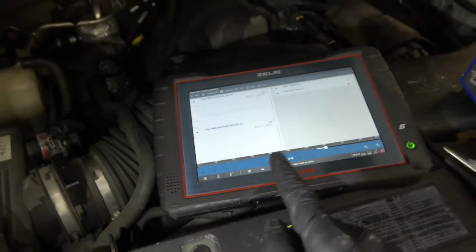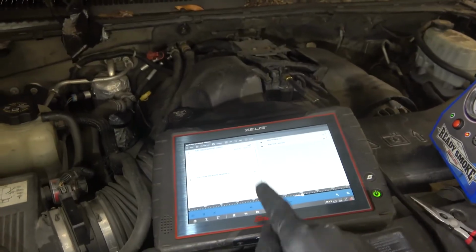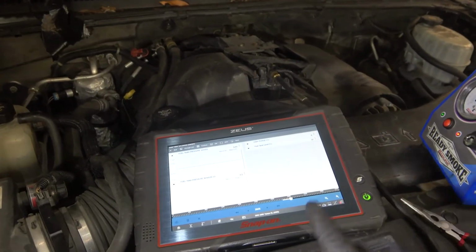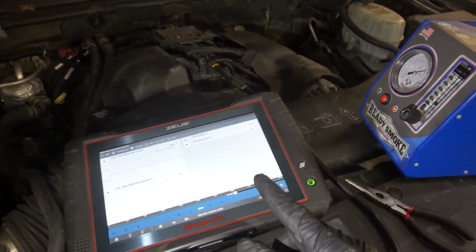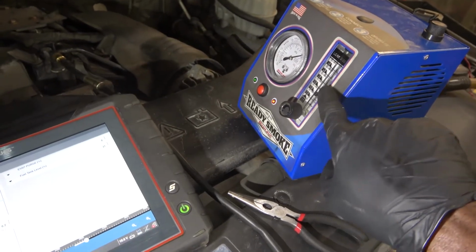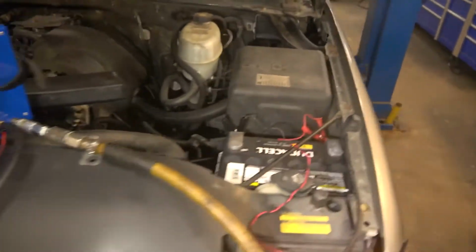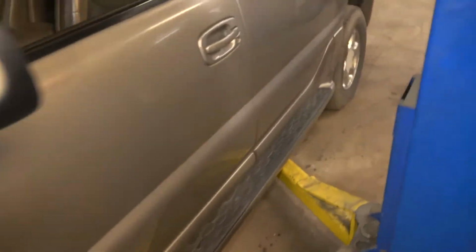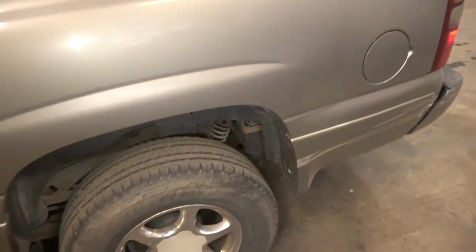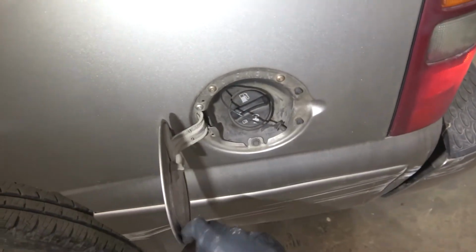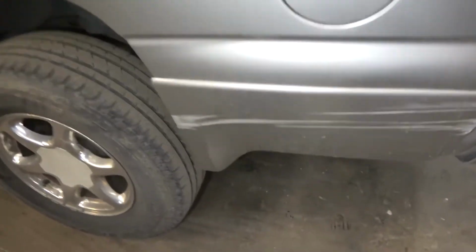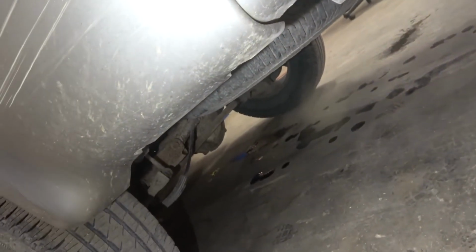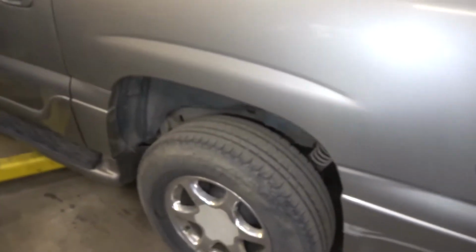So we have a bad fuel tank pressure sensor, and this is what's causing the trouble code to be set in the engine computer. Our vent solenoid is good because if we had a vent solenoid that was stuck open, this check ball was not gonna drop like this. We can go around the truck to see if we have smoke leaking out of somewhere. We don't have smoke leaking over here. If we had a leak, that check ball on the smoke machine wasn't gonna come down like that. Okay, so if we look under the truck, there's no smoke leaking anywhere. So we're good. Our evap system is